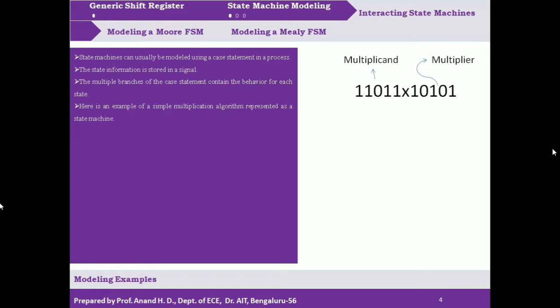So here the first bit, the LSB of multiplier, is 1. So that will be multiplied with all bits of multiplicand. So we are going to get 11011. Yes. Then we are going to multiply with next bit of multiplier, that is 0. So we are going to get all 5 bits as 0. Similarly, next bit of multiplier is 1. So if we multiply, we are going to get 11011. Then again when we multiply with 0, and finally again we are going to multiply with 1.